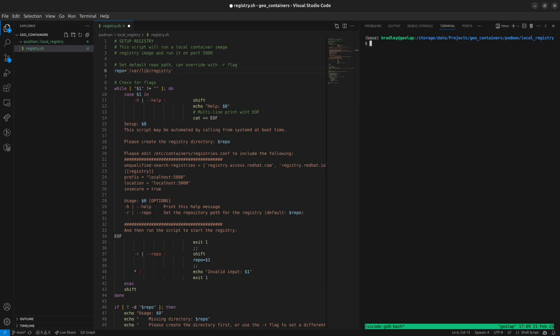All right, so switching over to VS Code, let's take a look at the registry shell script. It's a bash script. We're going to define a repo, and this is where the local image registry will live. So this is the default. Create it if you haven't, and if you forget to, it'll remind you at runtime. That's what all of this kind of confusing part is. It's a lot simpler than this. But if we actually run it,